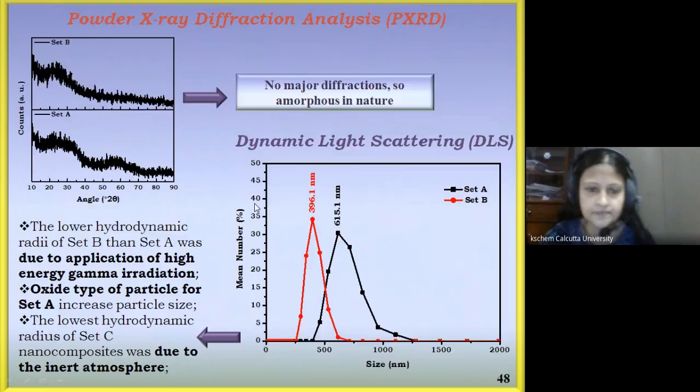and set B. The particles of the nanocomposite were both found to be amorphous, and the gamma irradiated particles of set B are found to have a smaller size from dynamic light scattering than the non-irradiated sample. This is due to the presence of high energy radiation, which does not allow the particles to agglomerate and grow